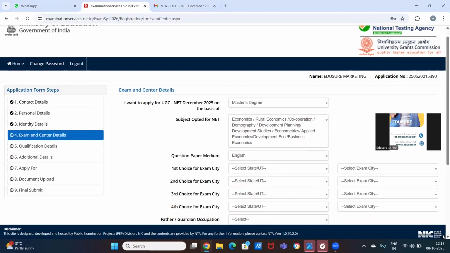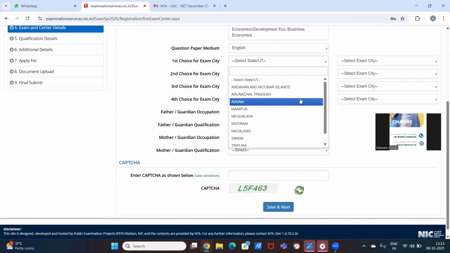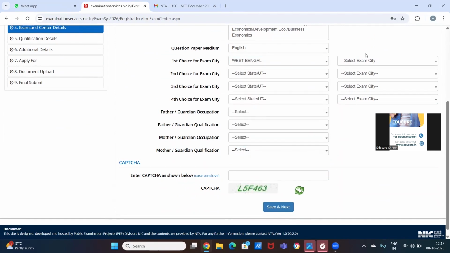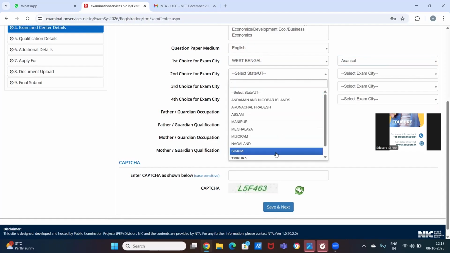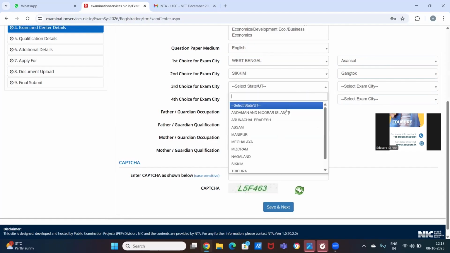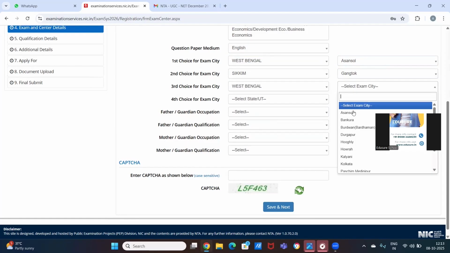Then you will have to give 4 choices for the exam city. So please choose carefully. You will have to first choose the state and then the city. First choice, second choice. Third choice.